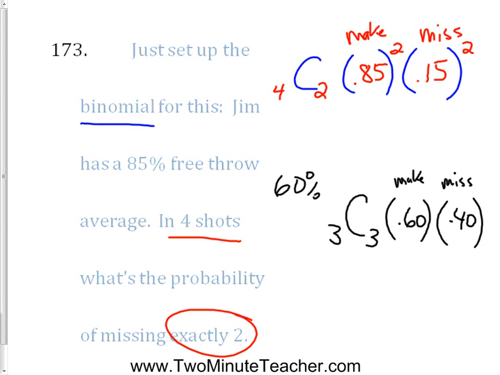And then I'm going to say, if I want him to make 3, I'd have a 3 here. And if he's going to make 3, that means he's going to miss 0. You get that? And so bottom line is you'd find that on your calculator, which is really easy, and then that. And then anything to the 0 power is equal to 1, so just times by 1. And that's how you